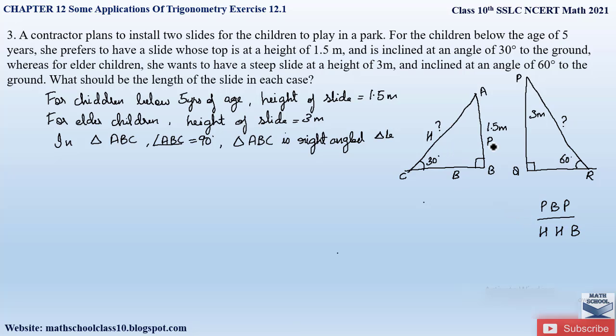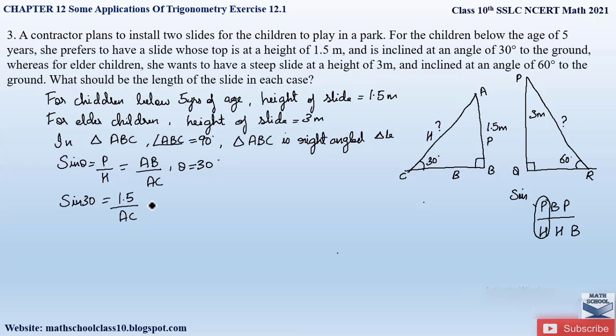Right, so which is the trigonometric function formed by the ratio P and H? P divided by H is given by sine theta. So let us apply the sine trigonometric ratio to this triangle ABC to find out the hypotenuse value. Sine theta is equal to perpendicular by hypotenuse, where perpendicular is AB divided by hypotenuse AC. And our theta, or acute angle, is 30 degrees. Therefore, sine 30 is equal to the AB value, 1.5, divided by AC, which we have to determine.